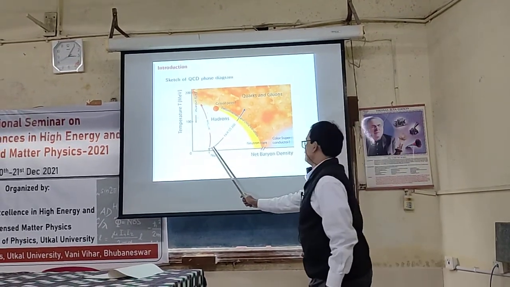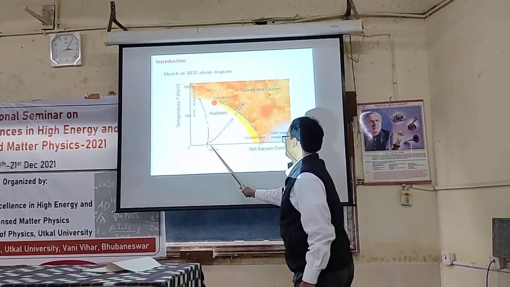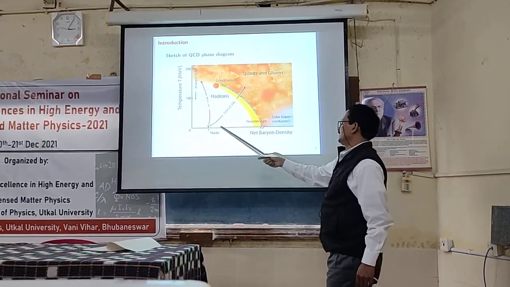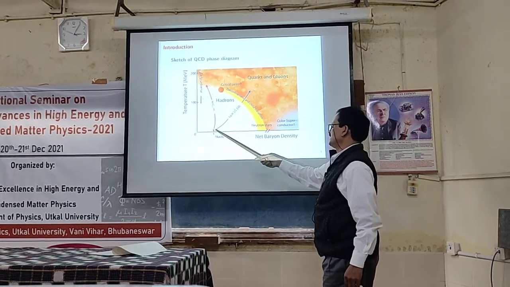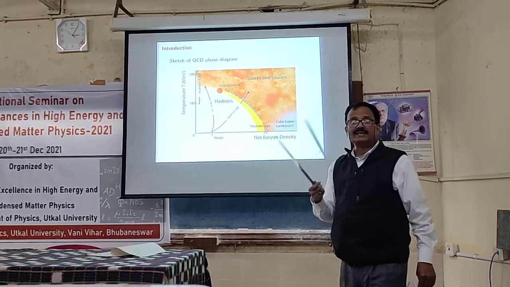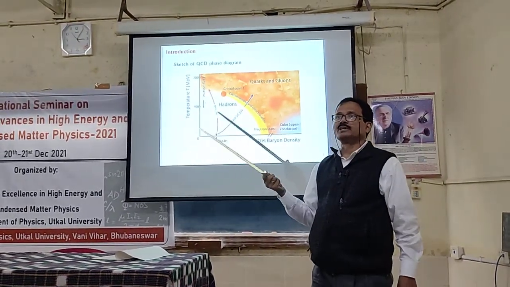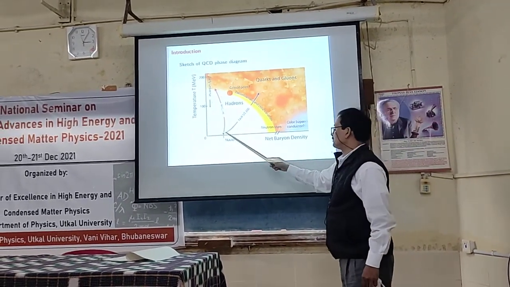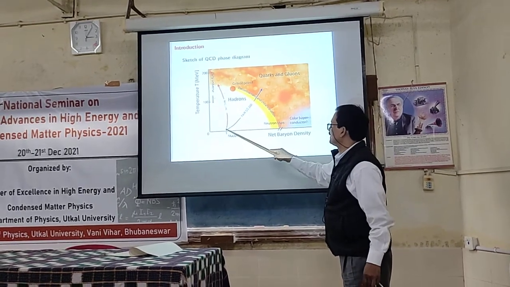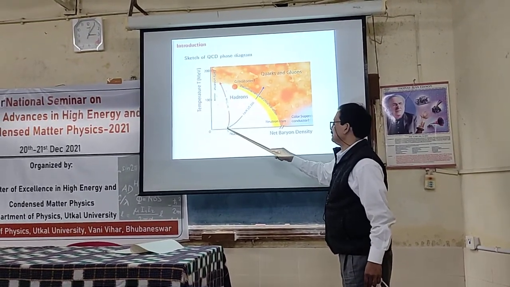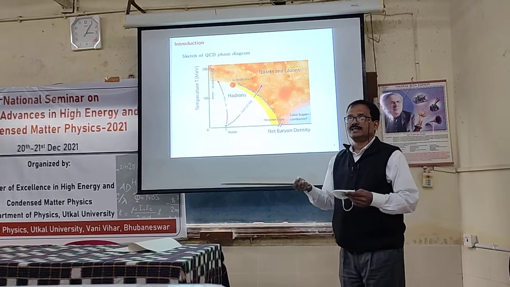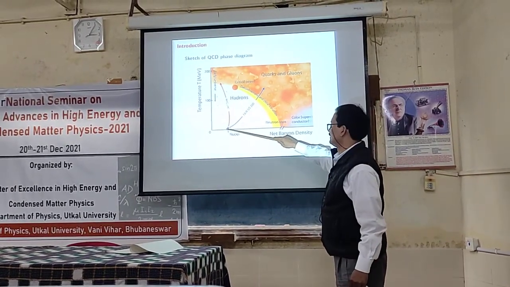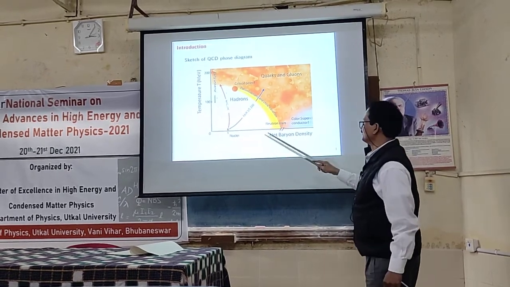And this axis, this is the finite density. If I call the nuclear matter density 1 in some unit, actually this is about 0.16 nucleons per cubic Fermi. That is the nuclear matter density. Here are the nuclei, at a small temperature of about 10 MeV. The nuclear matter is thought to be actually a liquid, and there is a liquid-gas phase transition at about 10 to 50 MeV. I won't go into that.